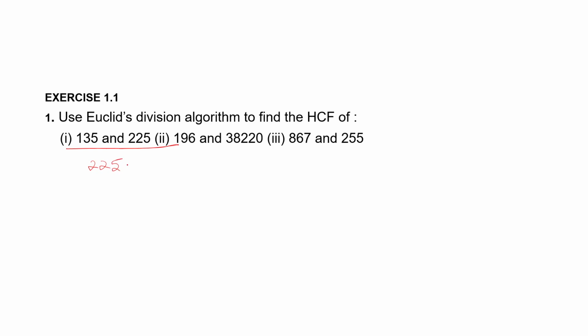So the greatest number will be taken as A of the given two numbers. The greatest number will be A and 135 will be B, and I have to multiply and find the quotient and remainder. So 135, if I take 2 times, it will become 270. Not possible, so only one time. So 225 minus 135 will be equal to 90. So here I'll take 90. Then is R 0? Yes? No. R is 90. So what do we have to do?